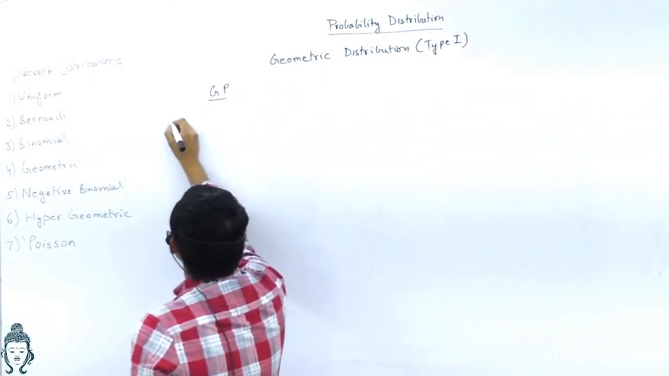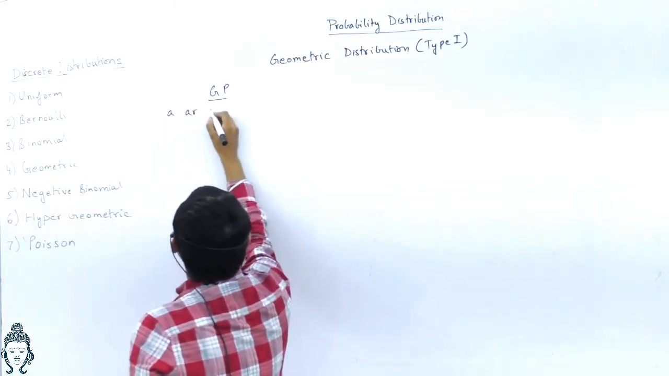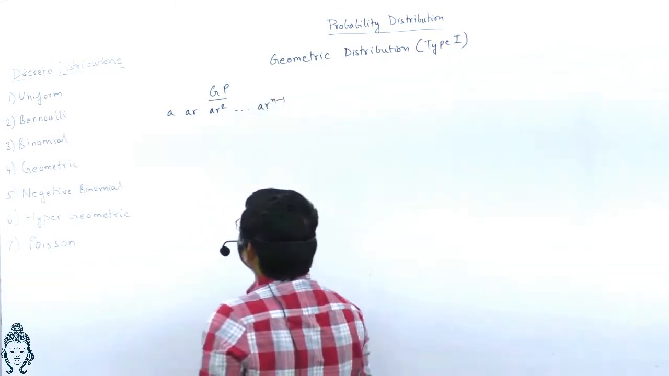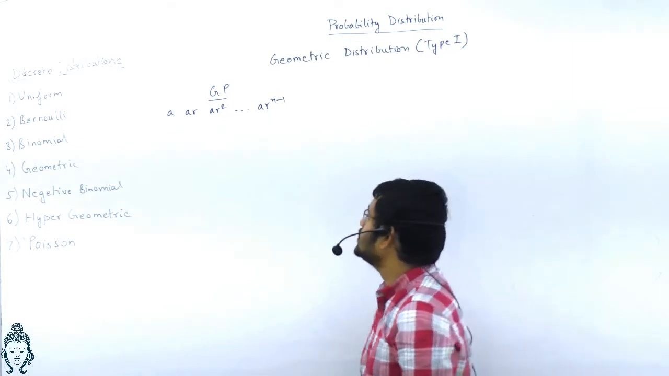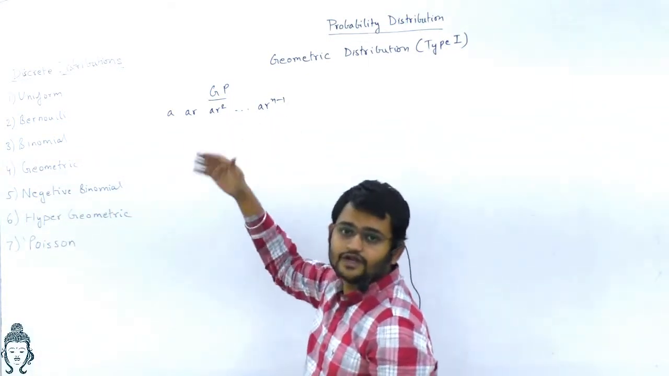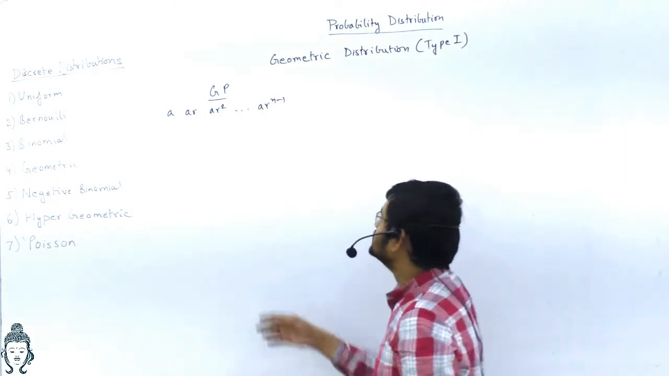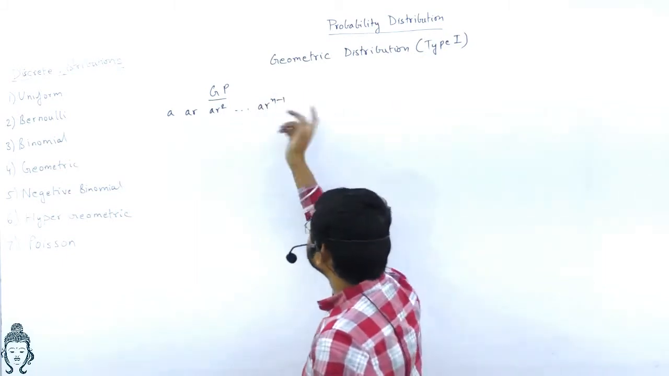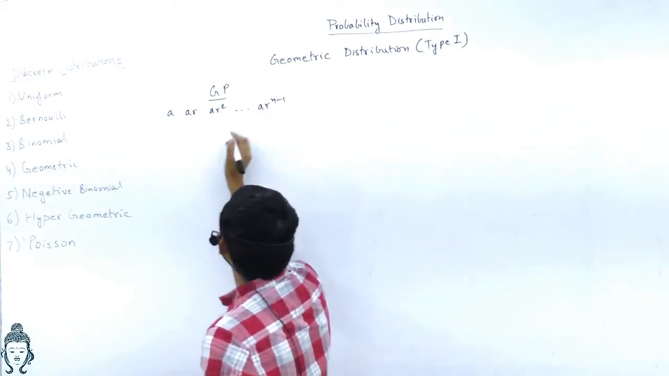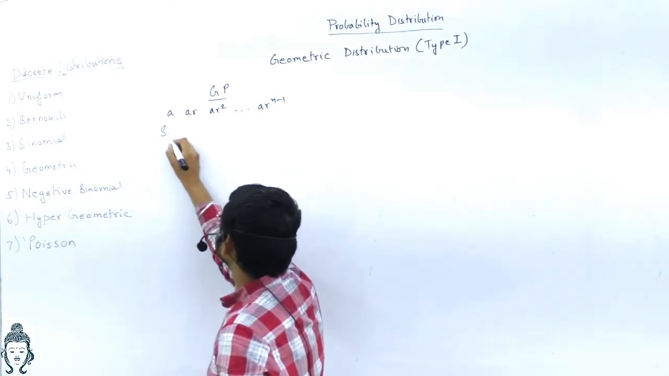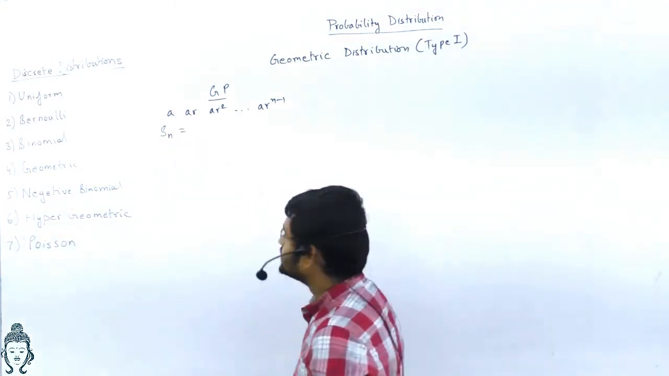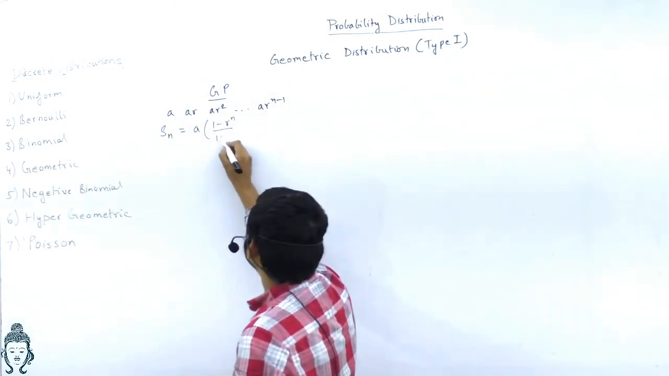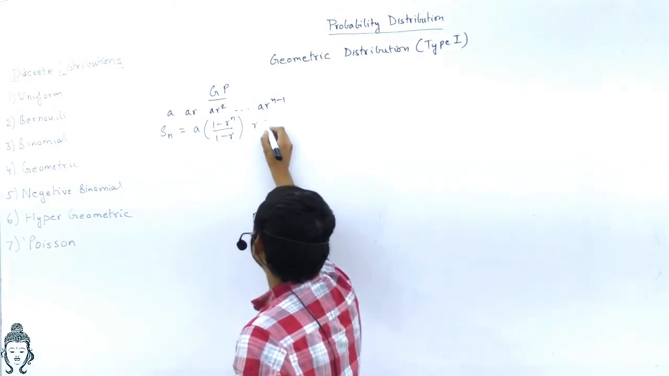Now in a geometric progression, we have values a, ar, ar square, till ar raised to n minus 1. Each consecutive value has the same ratio, or you can say if we divide each consecutive value, we get the same value. So basically the second divided by the first will be r, the third divided by the second will be r, and so on. Now the sum of n terms of a geometric progression, Sn, is equal to a into 1 minus r raised to n upon 1 minus r for r less than 1,